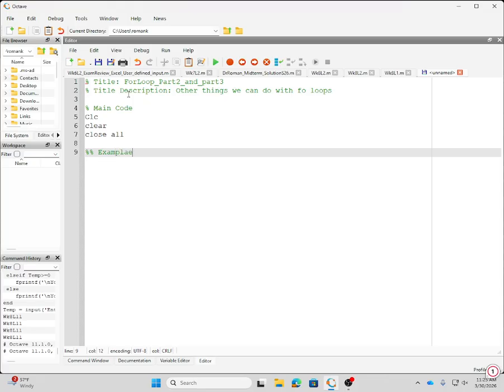Remember, if you have two percent signs, that actually refers to a section in MATLAB. In Octave, they don't recognize it as a section, but when you run the same code in MATLAB, you'll see that with two percent signs, it will be colored as one section. So that's the beauty of it. The two percent signs are important. All right, so example 1 would be